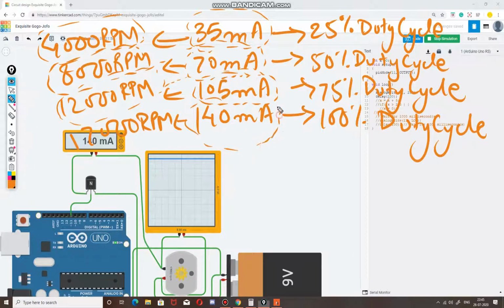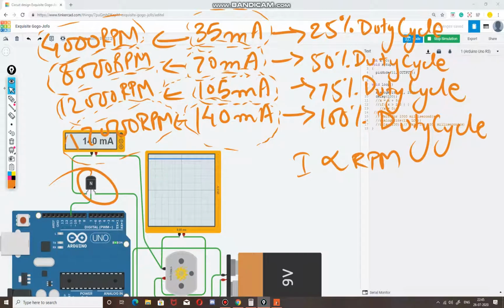With 140 milliamperes, you're getting 17,000 RPM. This is just my explanation: current is directly proportional to RPM, and this is why we are able to control the speed of a motor using a normal transistor.